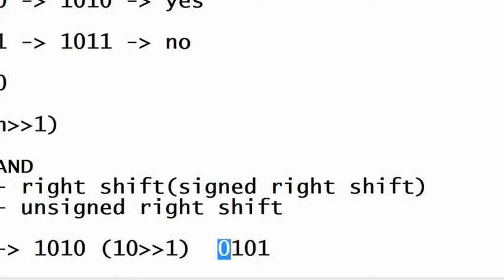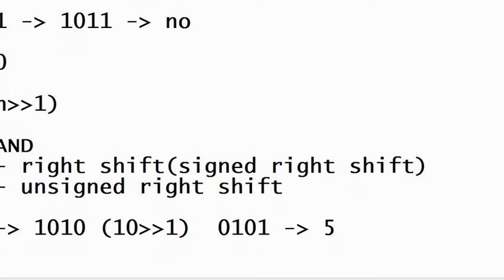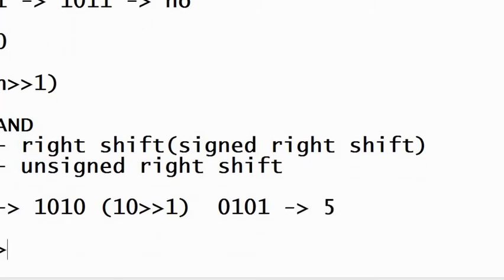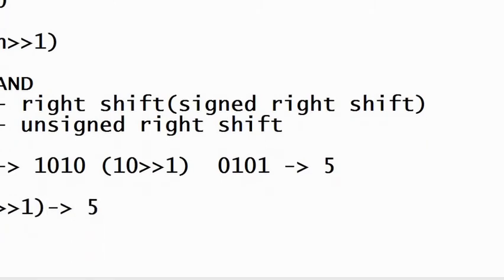So what is the equivalent decimal representation of this right shifted value? It will give us 5. So the equivalent decimal value is 5. So the answer when 10 is right shifted by 1 is 5. Similarly, when we right shift 11